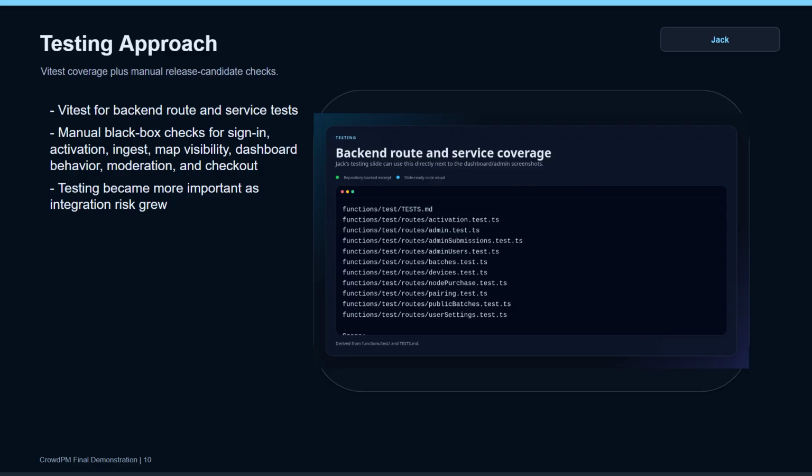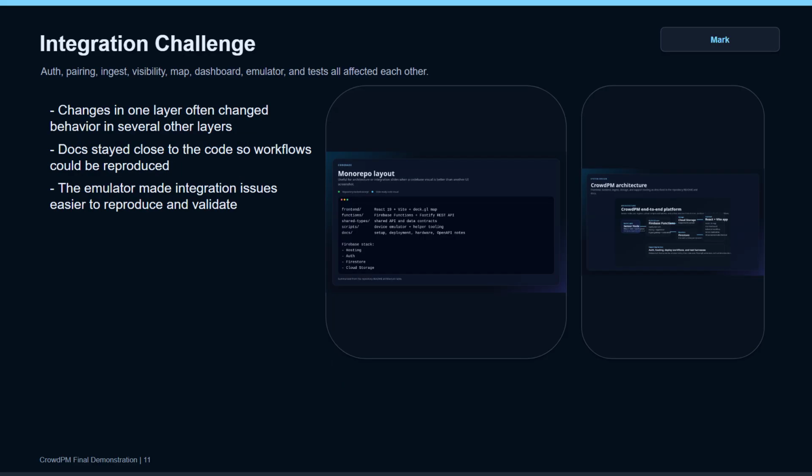One major design deviation was storage. Instead of storing every measurement as a separate Firestore document, the final design stores compressed batch payloads in cloud storage and keeps metadata in Firestore. That reduced cost and scaling pressures while still supporting core features of the platform, such as public maps, dashboards, and moderation. One of the biggest challenges was integration. Any change in authorization and authentication, pairing, ingestion, or visibility could affect the map, the dashboard, the emulator, or the tests. We learned to keep documentation close to the code and to use the emulator workflow to exercise the platform